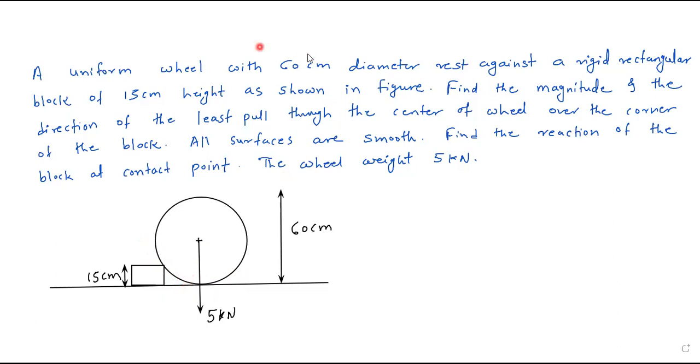Okay, so now if I show you the reactions, this will be the reaction which we will get like this. Okay, this is the reaction R. Let us say this is the reaction R. And the least pull is perpendicular to this reaction, so this is the direction of the least pull, and I will call this P minimum. So this is, in short, the given data.